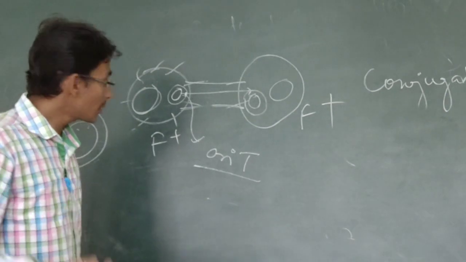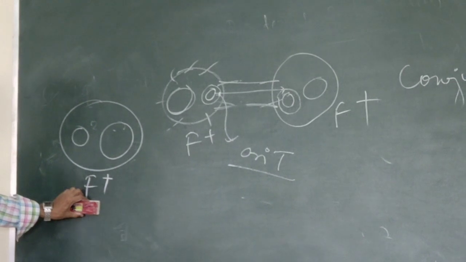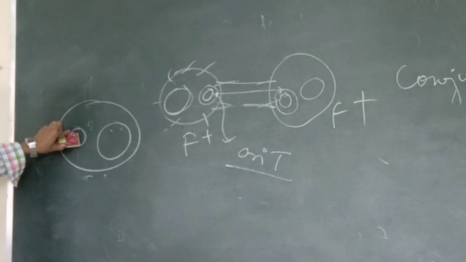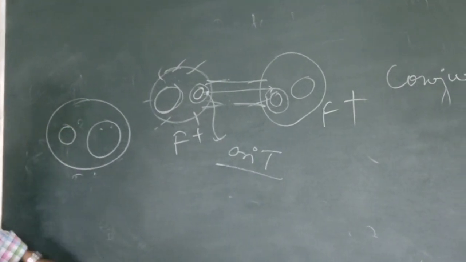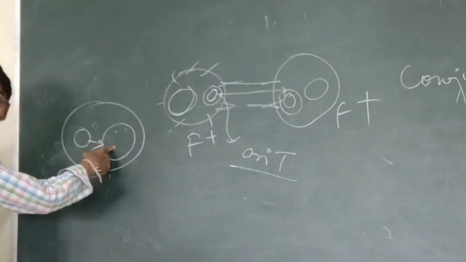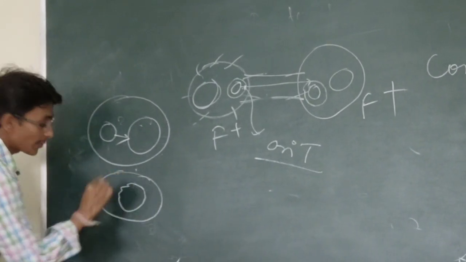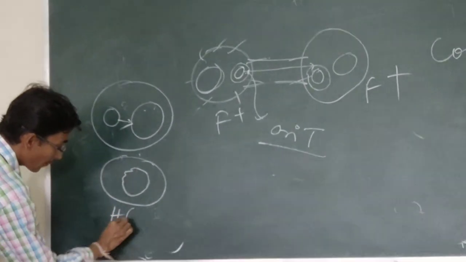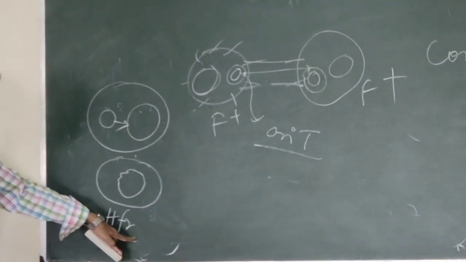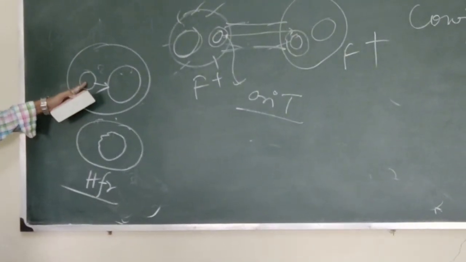Another type of conjugation is if it is the F plus cell. Another possibility is if this plasmid is actually integrated into the bacterial genome. If this plasmid is integrated into the bacterial genome, the bacterial cell is called an HFR, high frequency recombinant cell. This HFR cell is actually produced when the plasmid is inserted into the